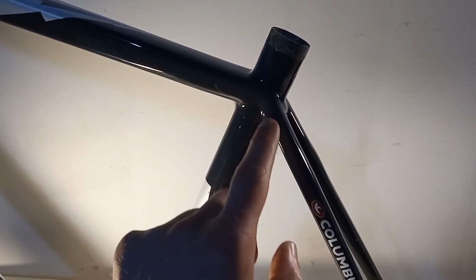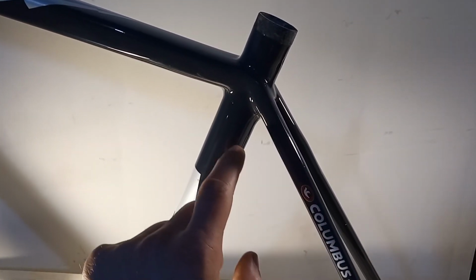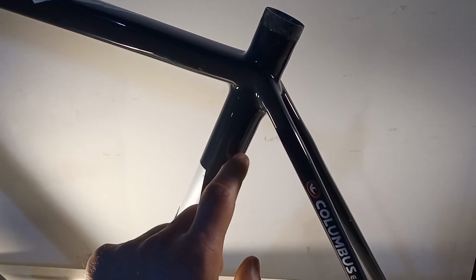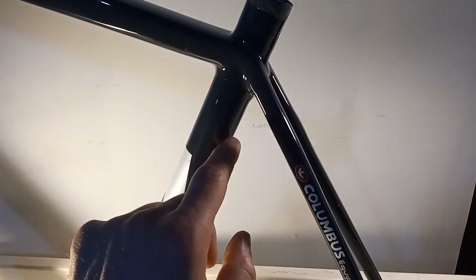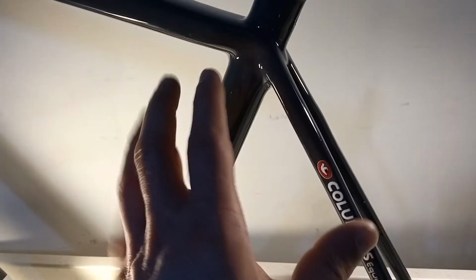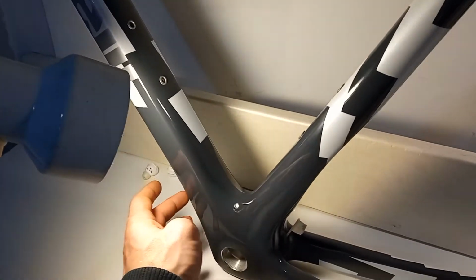They are most recently, they meet the seat tube right there, not right there, right there. And this is the only thing which isn't top of the thing. But anyways,